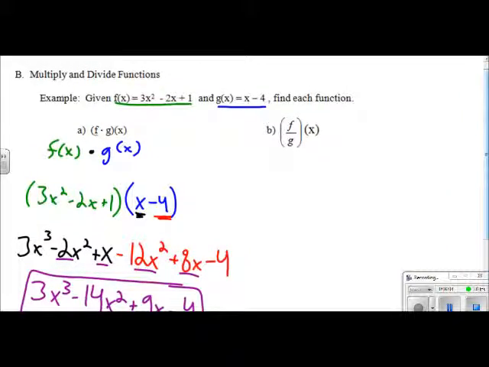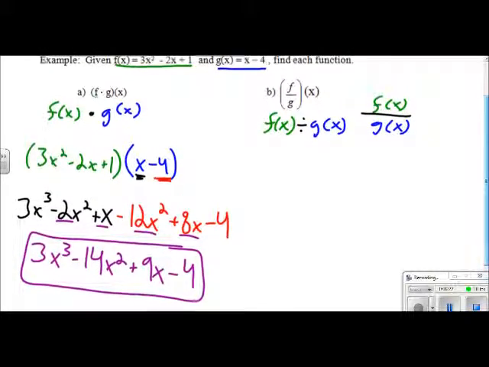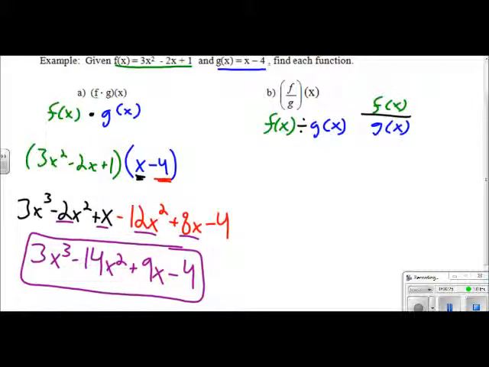And this one here would be f of x divided by g of x. Or you could write it as f of x over g of x. So we would have to write it as 3x squared minus 2x plus 1 over